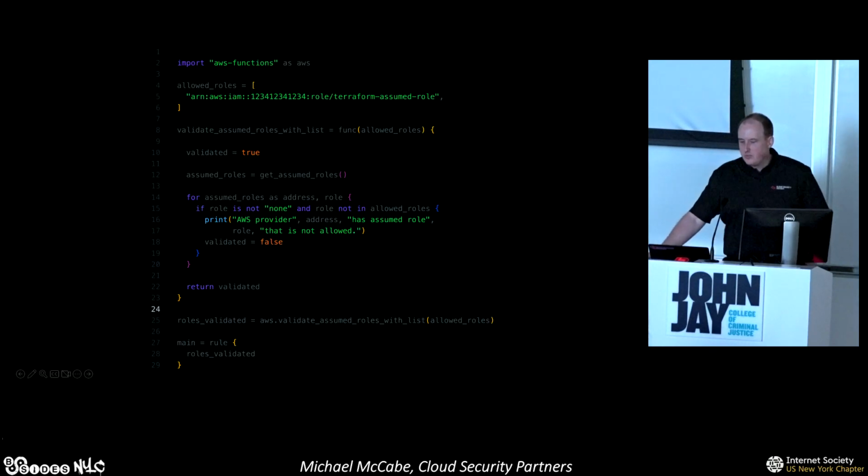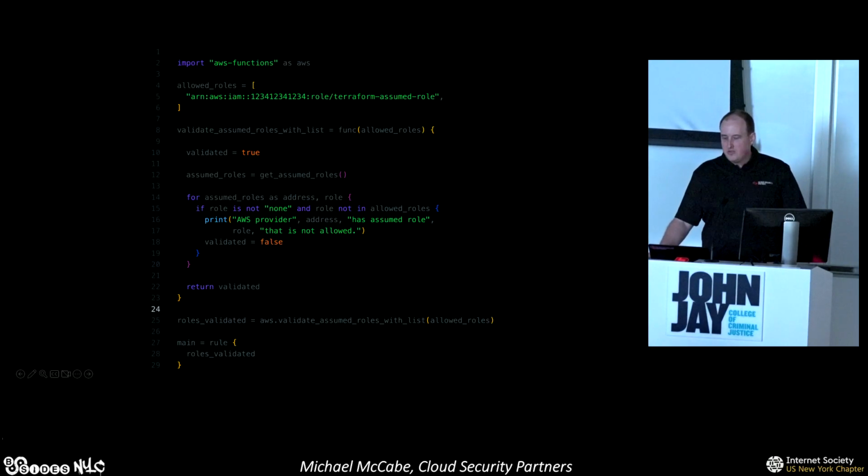This is a somewhat more complicated one, but still not that complicated, where you're just validating the role. So again, these are simple rules that you can do pretty powerful things with, and this is how you build a really hardened infrastructure as code pipeline to make sure that things don't go out the door in an insecure way. And we've also written rules in Sentinel and OPA to do things like prevention of remote code execution with remote exec or local exec or data lookups. You can do all of that there as well.